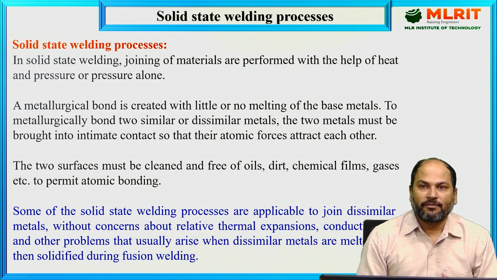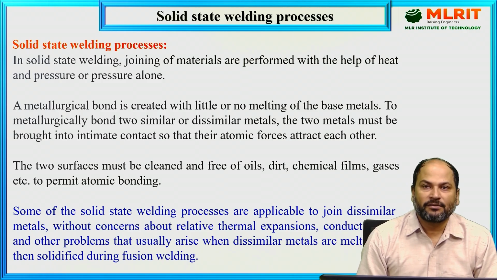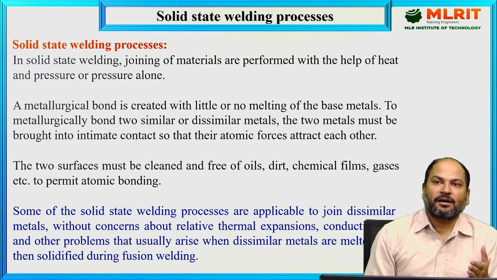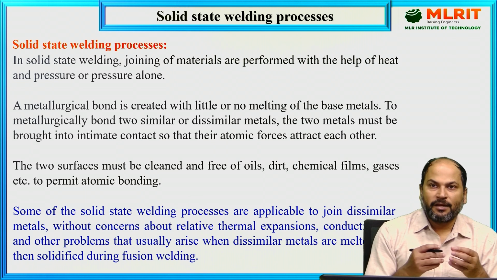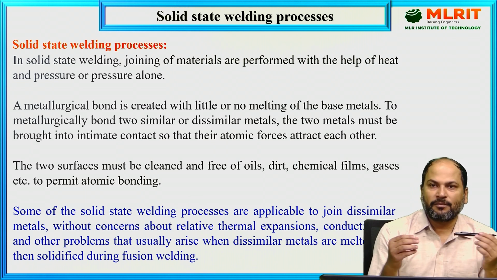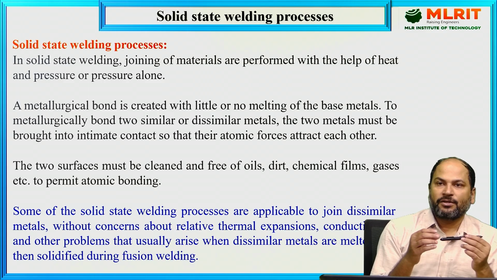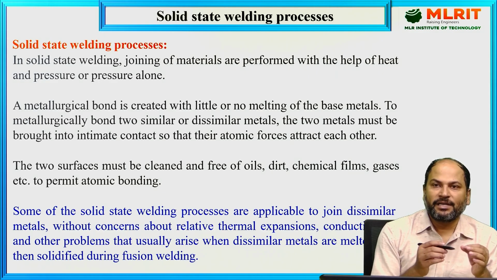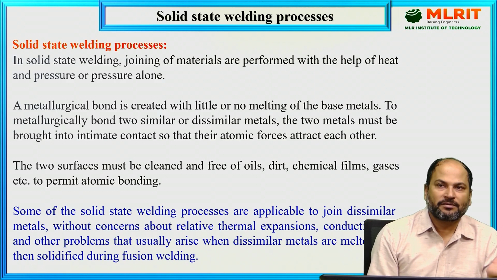If you remember, when we were starting this welding lecture, at the start we saw how to classify the welding process, or rather, how to classify the joining processes. We have seen welding is a permanent joining process. Permanent means if you have to dismantle the parts you have joined together, you can't dismantle them without physically damaging them. That is known as welding, and it occurs at the atomic level. We classify welding processes broadly in two parts, and the first was fusion or liquid state welding.